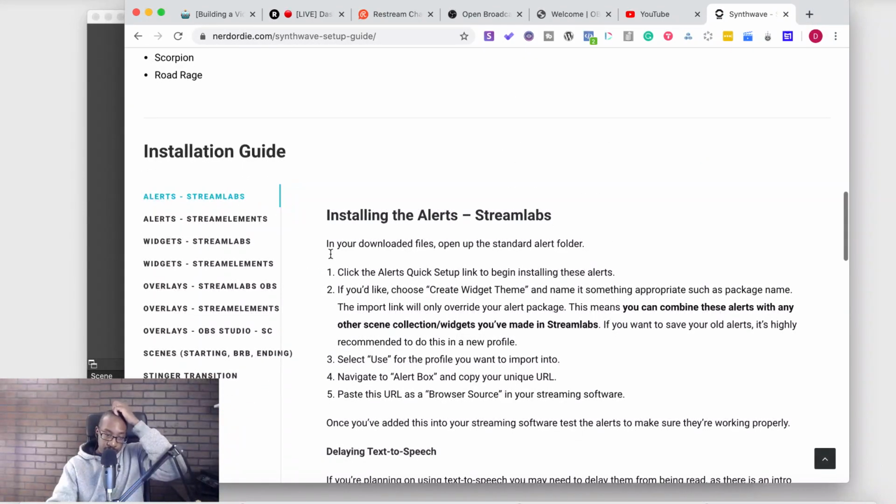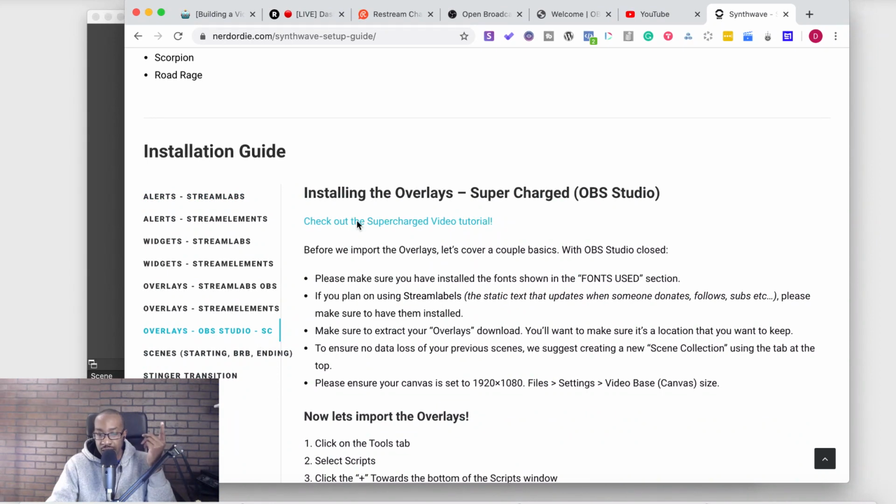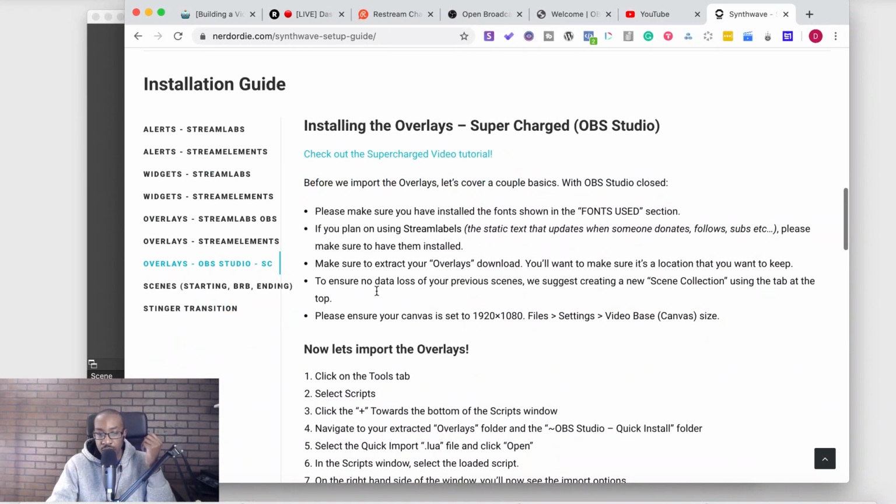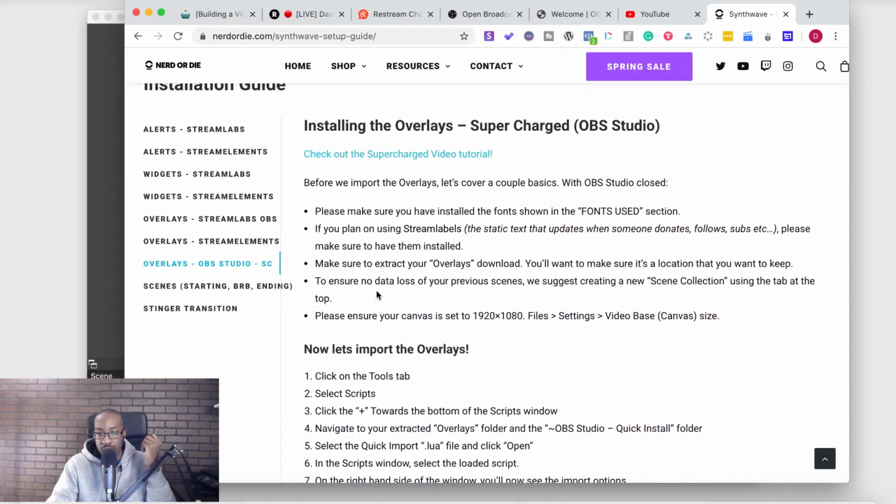Okay. Overlays in OBS. Check out the supercharged video tutorial before you import. A couple of things: with OBS closed, make sure you have installed the fonts used section.